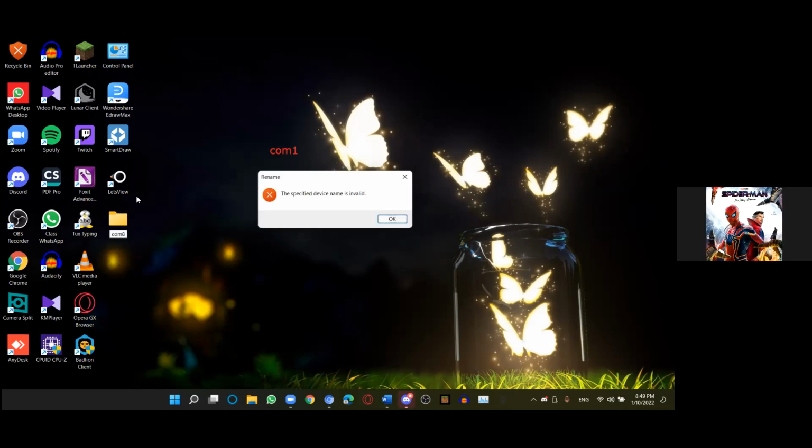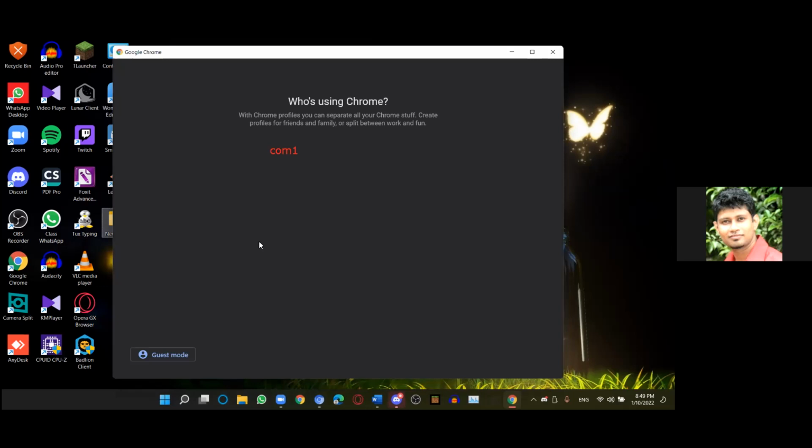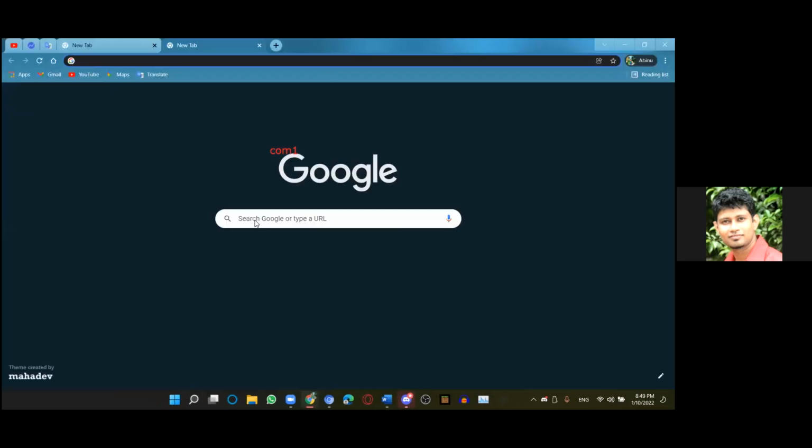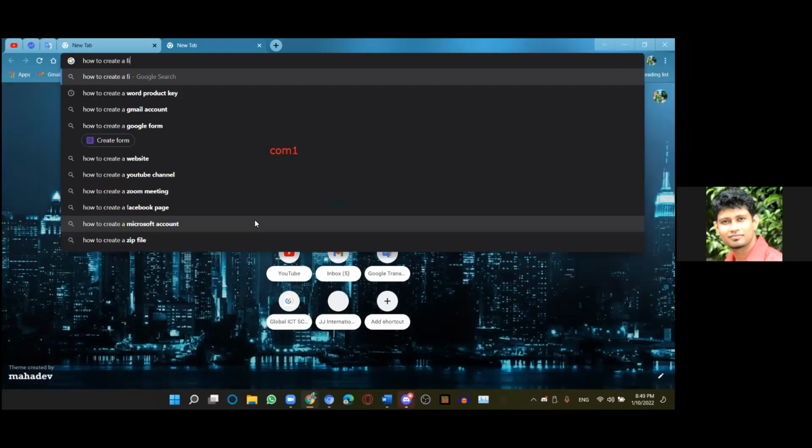Search on the internet. There's a special way of doing that. When you create that, no one can delete that folder. That is the next thing. You can create the folder, but usually you can't delete that. So that is the next thing. So I'll teach you how to do that.